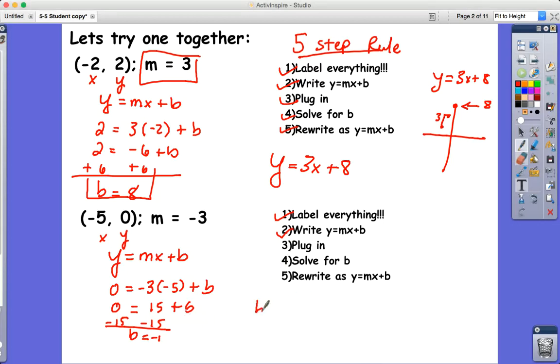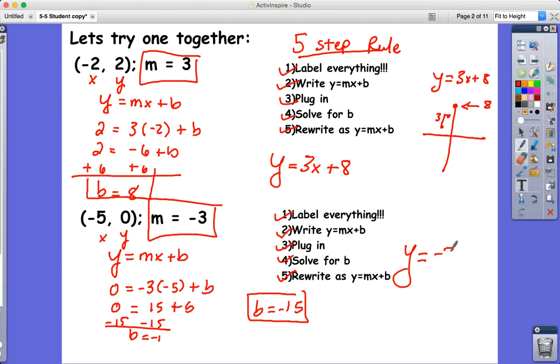B is equal to -15, sorry. So we plugged in, we solved for b, and now we rewrite this. Everybody, m and b. That's what we need. M and b. I'm in this, I guess, half rapping mood. I don't know. Y equals -3x minus 15 is the equation of a line